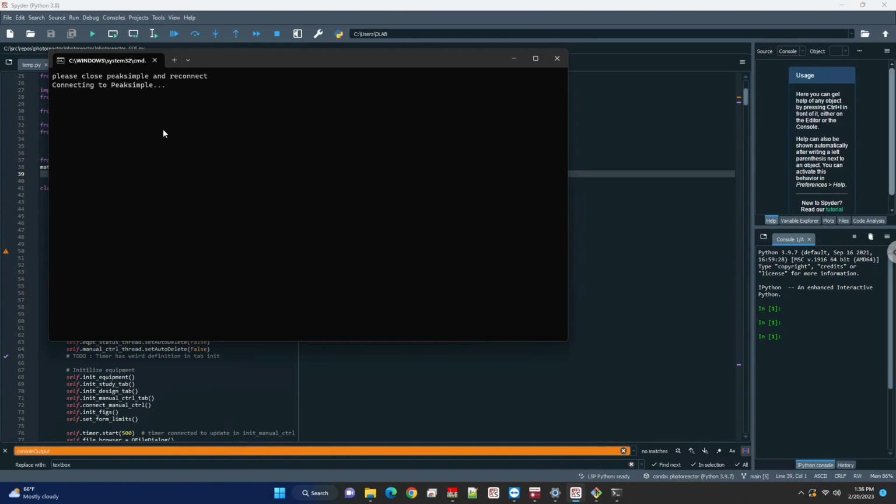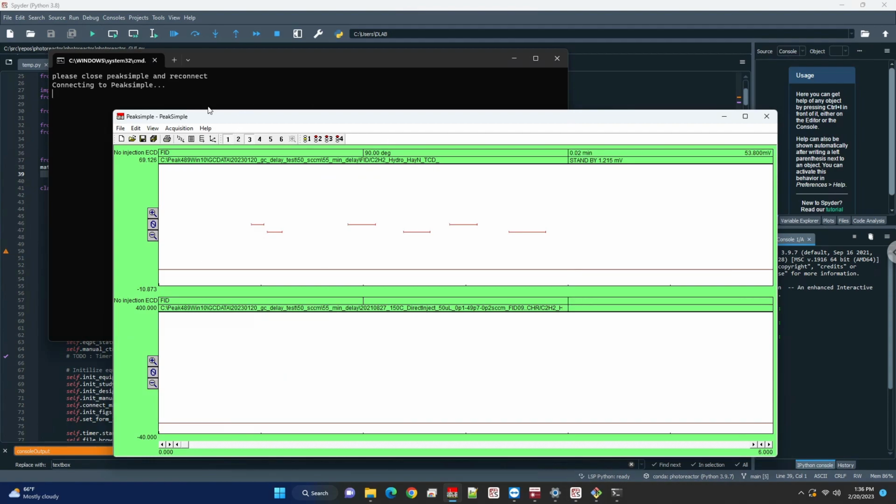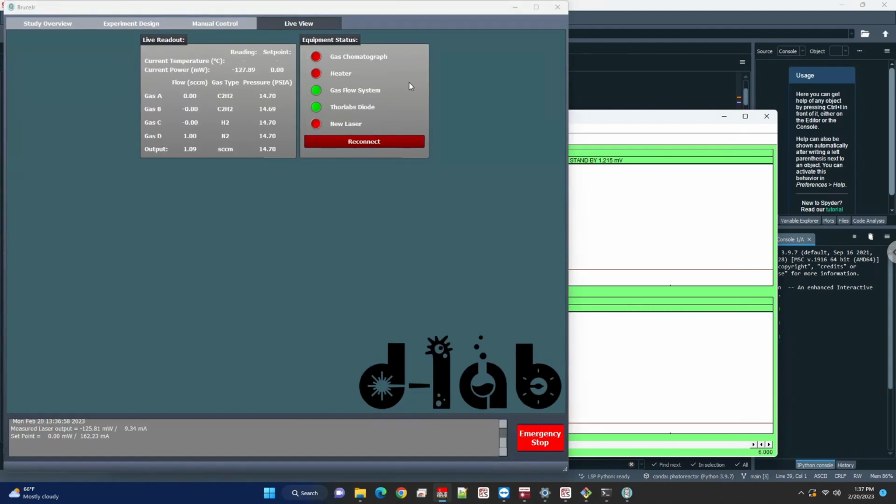So here, I'm on purpose trying to throw this error of PeakSimple not connecting. And the reason for that is I already had a running instance of PeakSimple that I had connected to the GUI previously. So you'll normally hear a voice message come up giving an alert that you're trying to connect to the laser and you're technically setting the laser to 0 milliwatts,